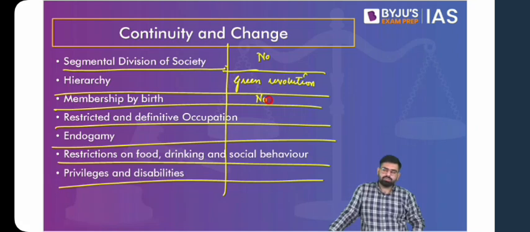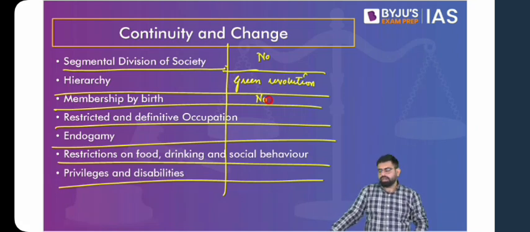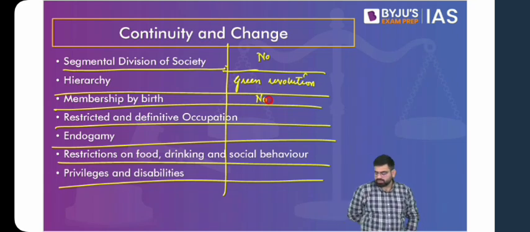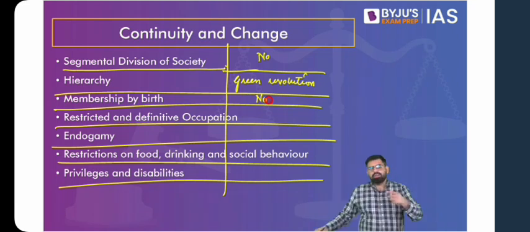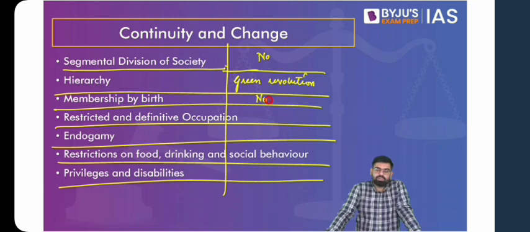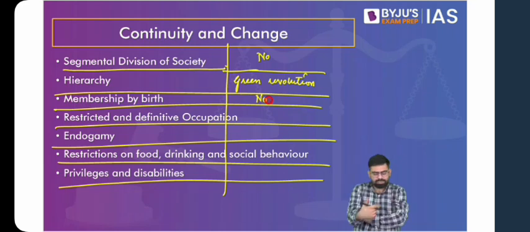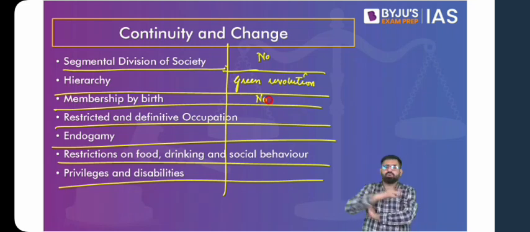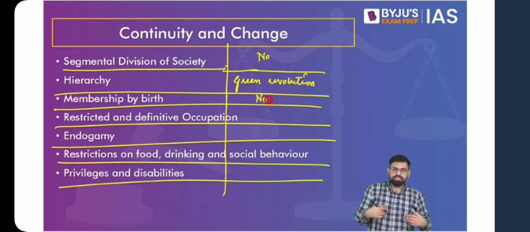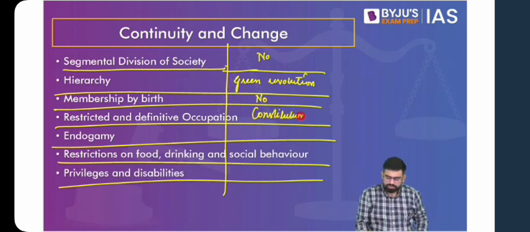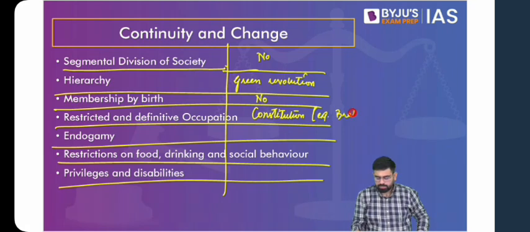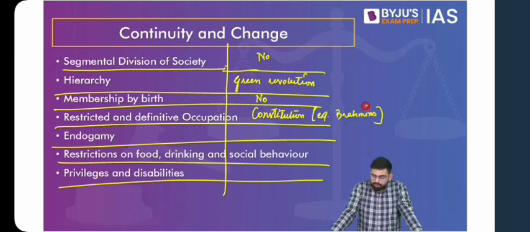You'll find that generally in the bottommost section of the class hierarchy, people are still involved in the same occupation. Another idea you can take on is manual scavenging. You can also take an example of one occupation from the top, where you find restricted occupation. Exactly, the position of priest is generally taken up by Brahmins. So you have multiple examples wherein we still have restricted occupation, but these are exceptions. The idea is that with the constitution, everyone is free to take an occupation of their choice, and with exceptions, you can talk about Brahmins. Then if we talk about endogamy,